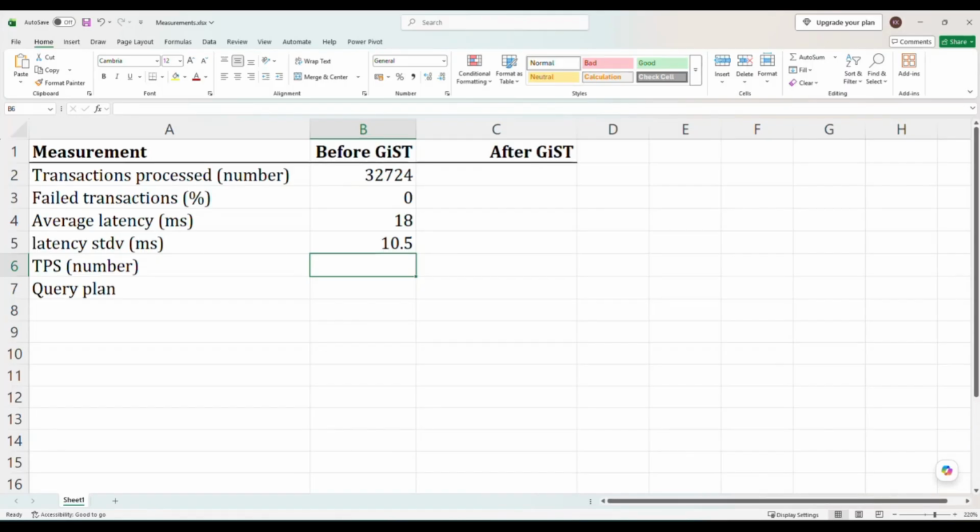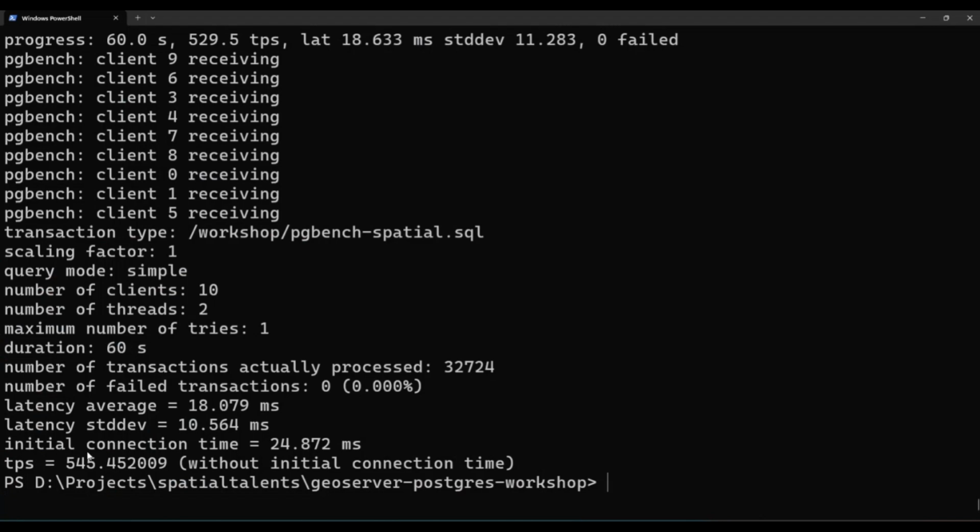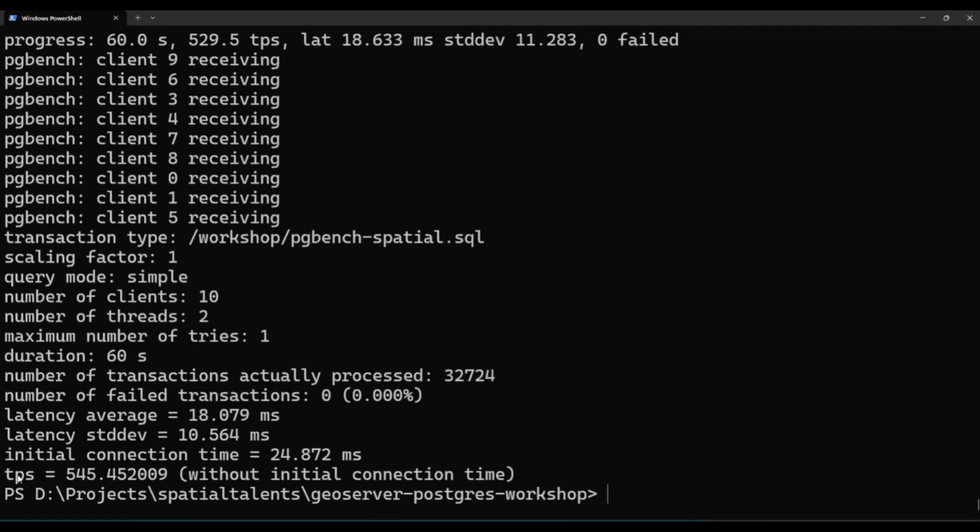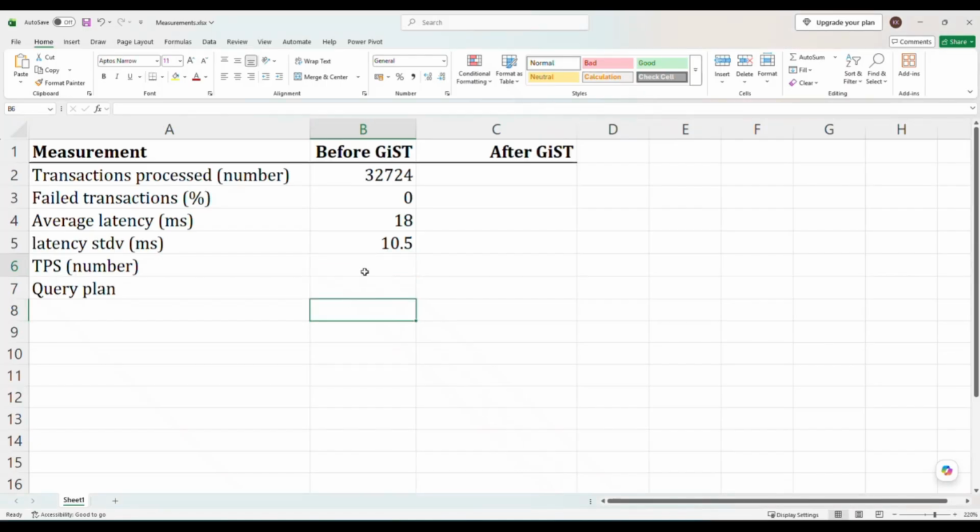So in our case, for 60 seconds, the throughput here, which is TPS, was 545.4. And then we have a query plan. Usually the query plan is what exactly Postgres is using to query this data. Okay. So to see what exactly Postgres is using to query this data, I'll just need to copy one command